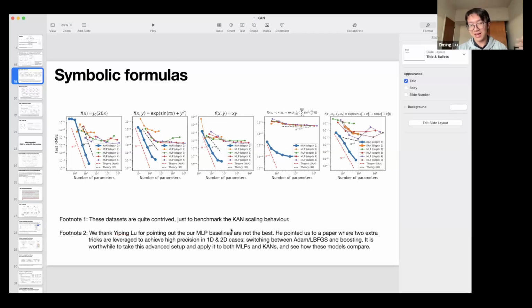This is not directly relevant to the setup of large language models, but at least in high precision scientific machine learning, it's relevant, because people want to calculate something as accurately as possible, and we want to understand how large a model we want to build, how much compute we want to invest, in order to achieve, say, 10 to the minus 7 accuracy. And that's something the scaling law can tell us.